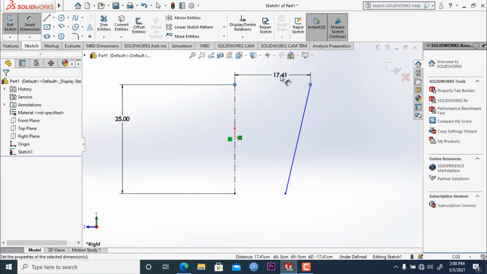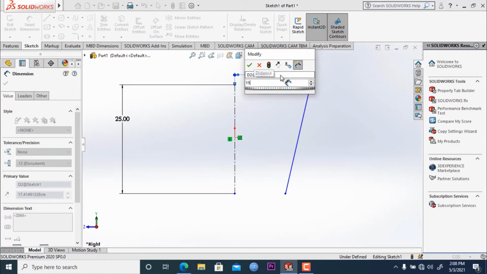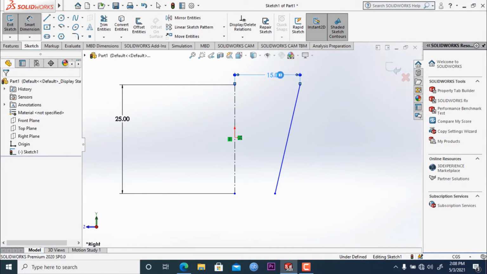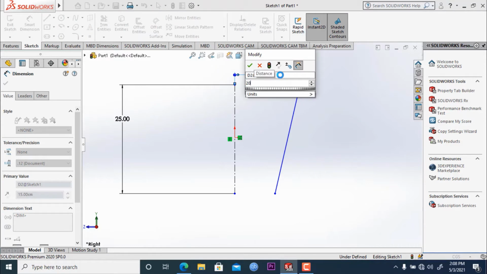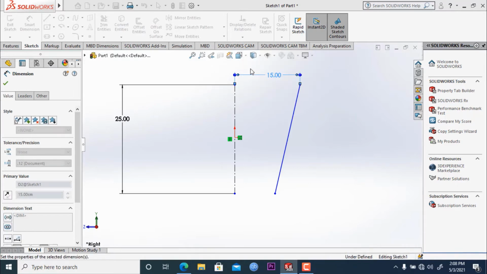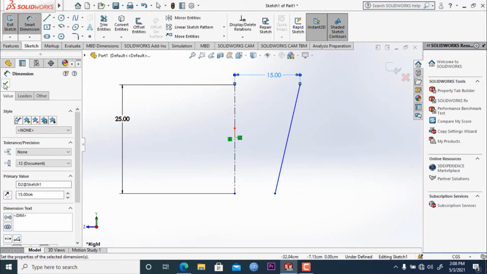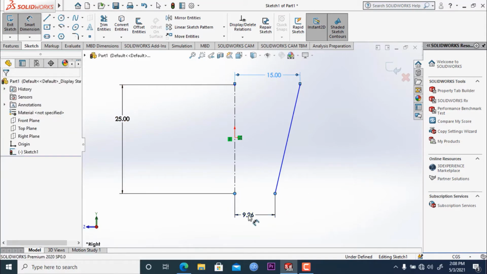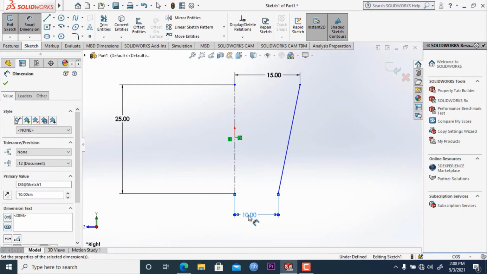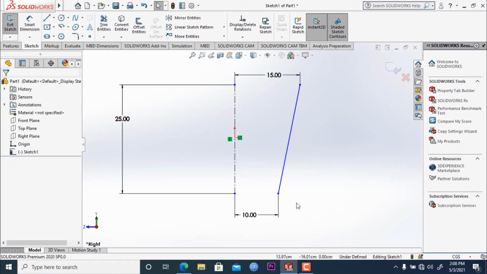Let's keep it 15 centimeter. No, keep it 15, 15 will be fine. And the bottom part here, let's keep it 10 centimeter. Okay, now we will draw some features in here.